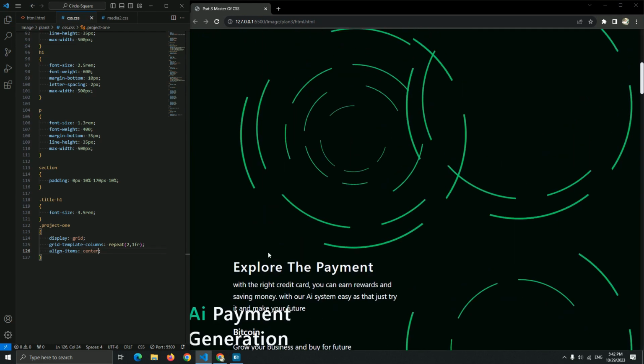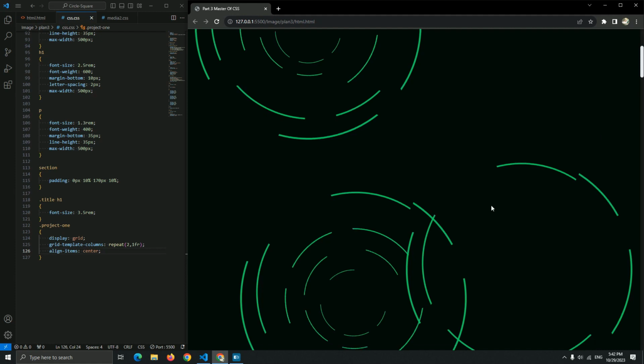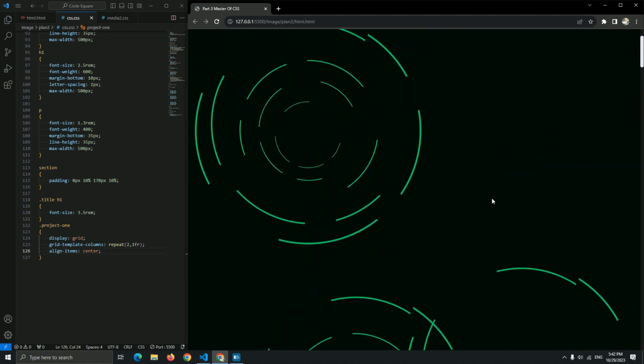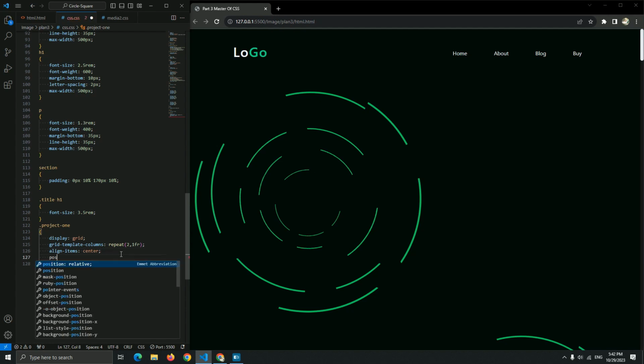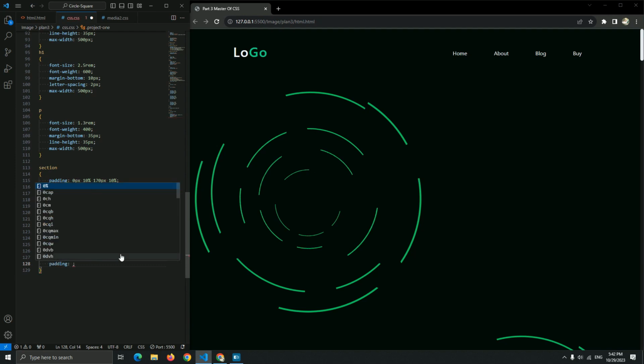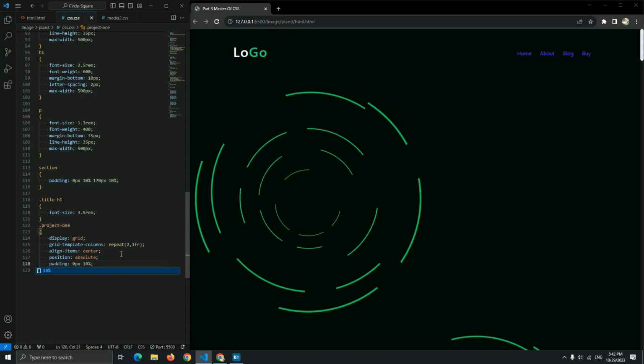So we add a display grid and the grid template column, but it's still not fixed because the image is too big. So first let me finish this style of project 1, and I want to add a position absolute to be the center of this home page. So let me add a position absolute, and let me add a padding for the left and right because I didn't add it, 0 pixel, 10%.